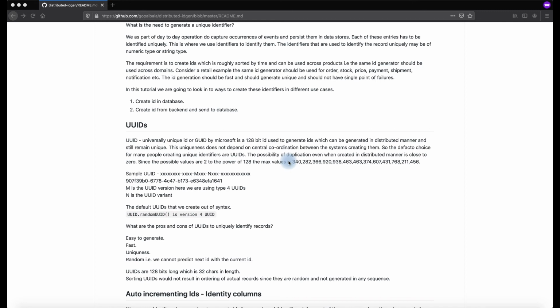We can just generate an ID and put it into a topic or a queue, and then from there we can asynchronously process the record and persist it based on whatever sharding mechanisms that we have. The purpose of the tutorial is not to look into the sharding mechanisms, but what I am saying here is the need is not to persist it immediately. We can persist it asynchronously.